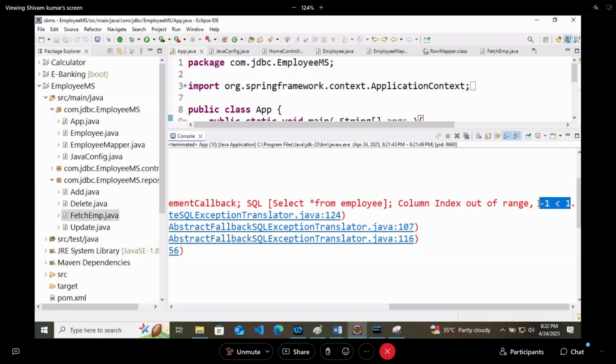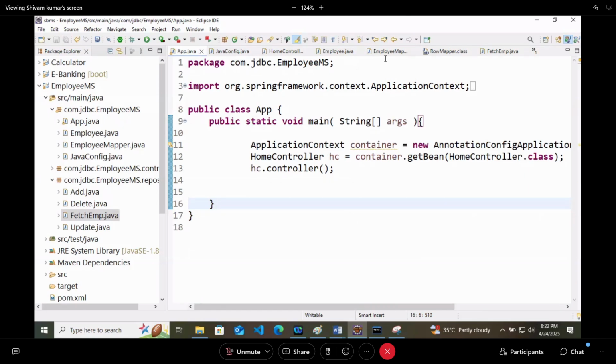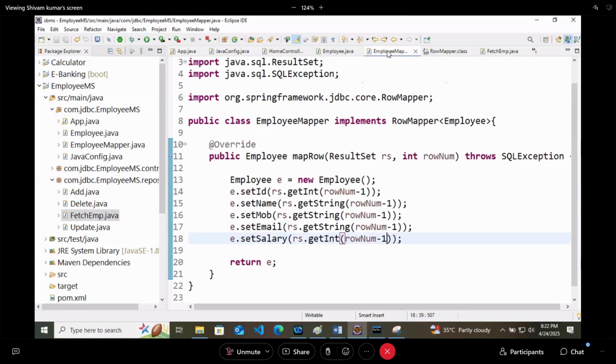This is the thing from result set. I will show you the code of this particular part. It should start with 1 not 0, right? Are you giving any particular value to it?